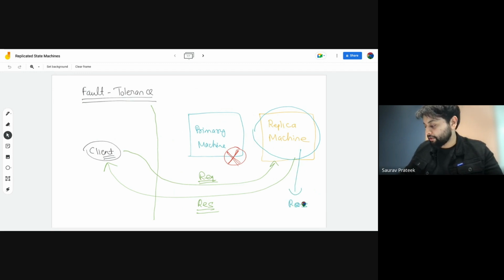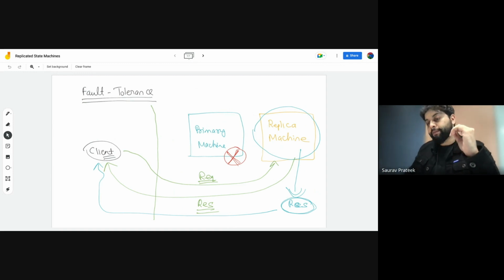So the response of the replica machine will not be dropped and it will be sent to the client, right? It will ideally be sent to the client. This is one of the major changes that will happen once the primary machine has been dropped from the system. Another change is that any request from the client earlier was sent first to the primary machine